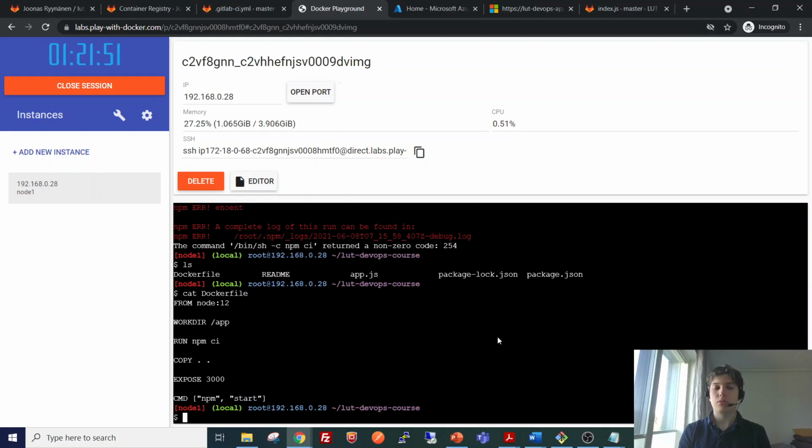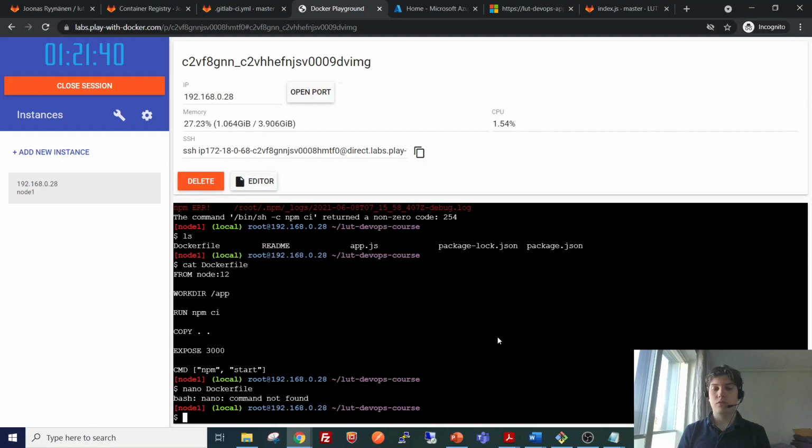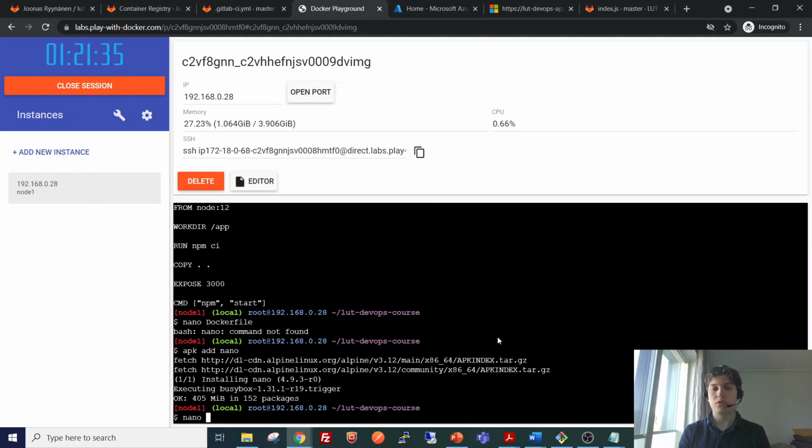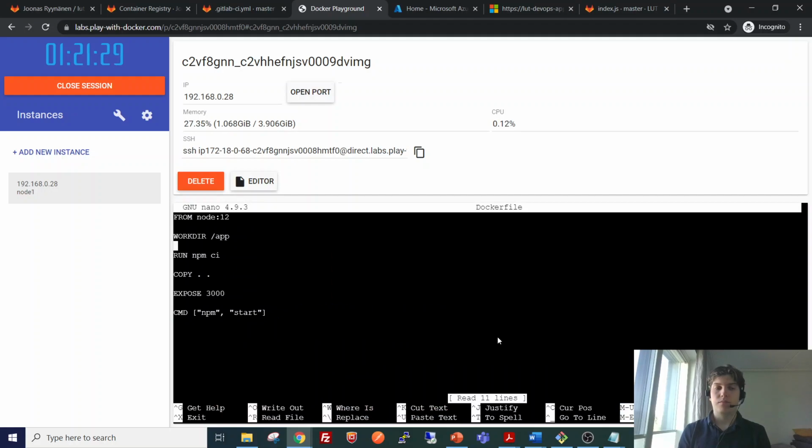Right, I think we are missing one thing from the Dockerfile actually. Install it. Yes, so my Dockerfile is actually missing this command. I think it was like this.